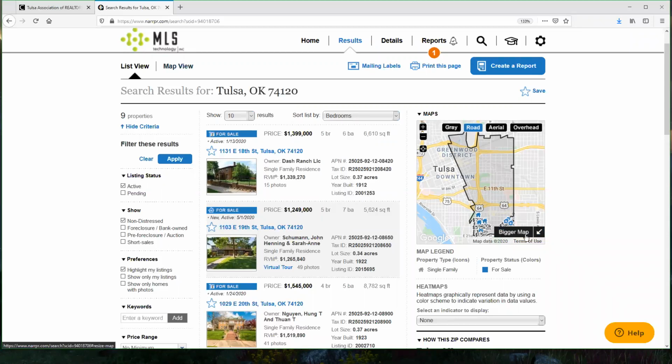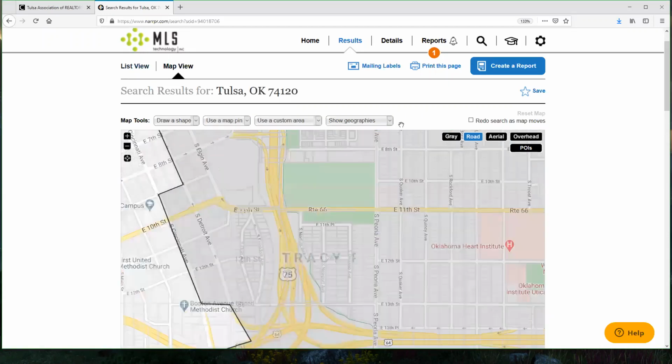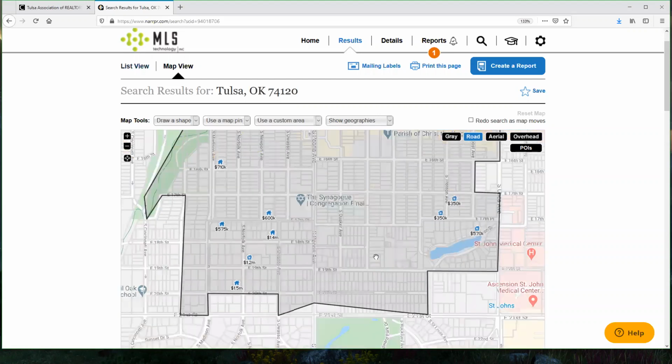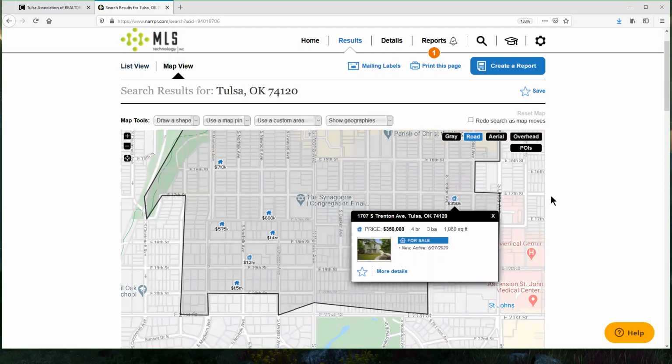But in my case, I actually want to use the map to do the search. I'm going to make the map bigger, and I can zoom in on the area and see if I can find what I'm looking for by just clicking on this property. I can see the property information, it's for sale, what its price is, and there's a button here for more details. So I have one that I wanted to use as an example,